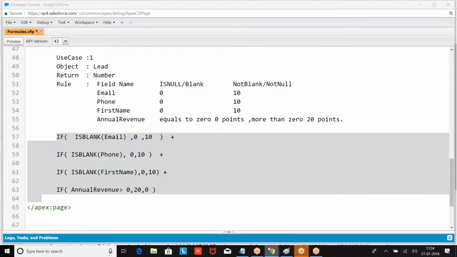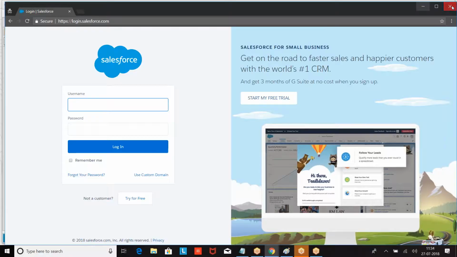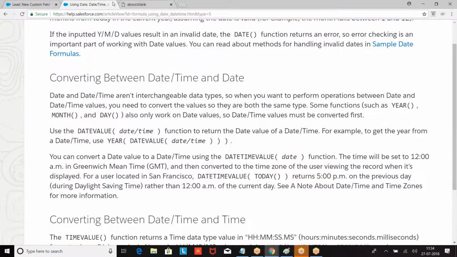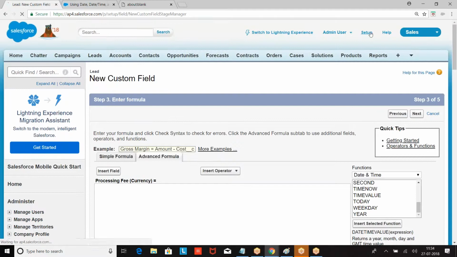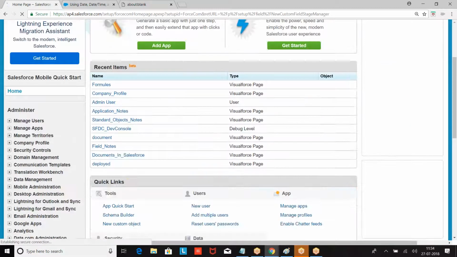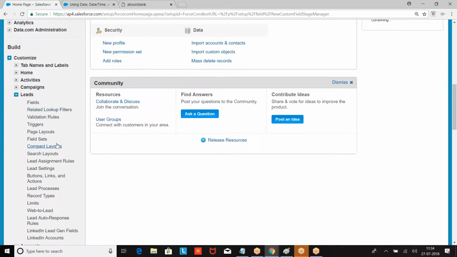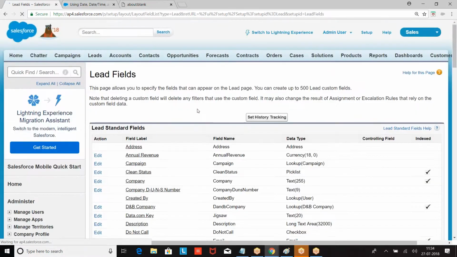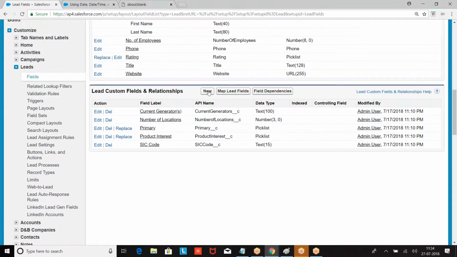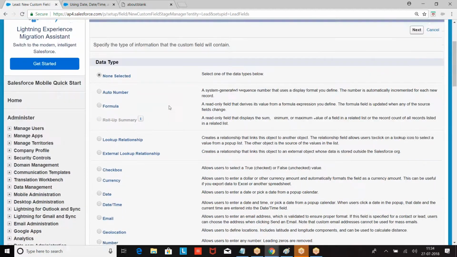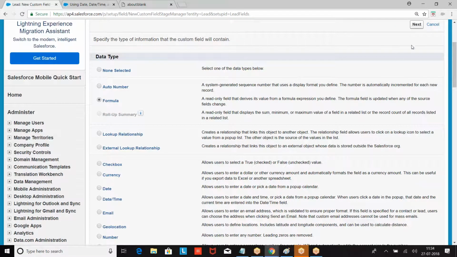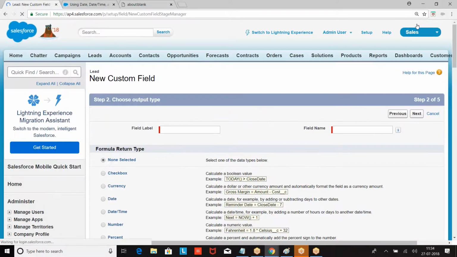Now go back to the lead. How do you create a formula on the lead? Go to setup, build, customize, lead, fields, custom fields, and then I'm giving lead score.